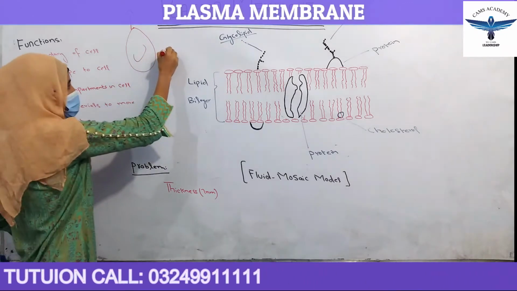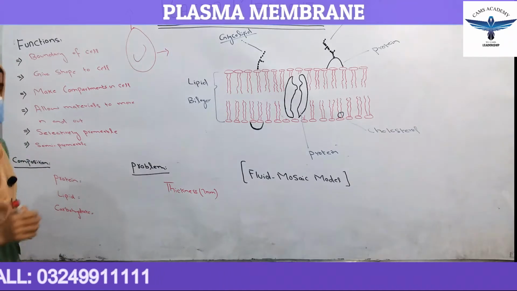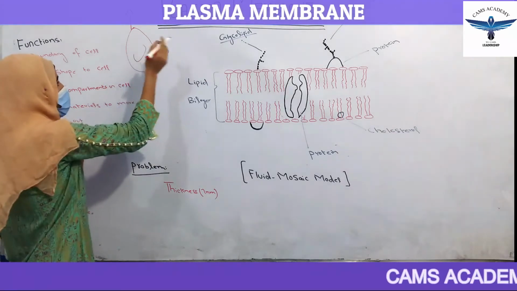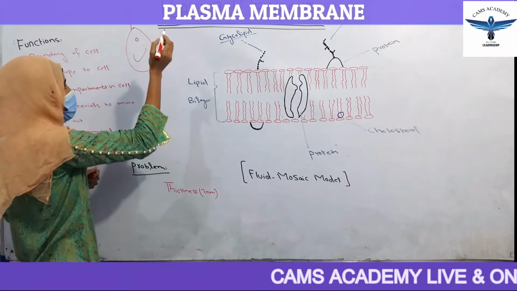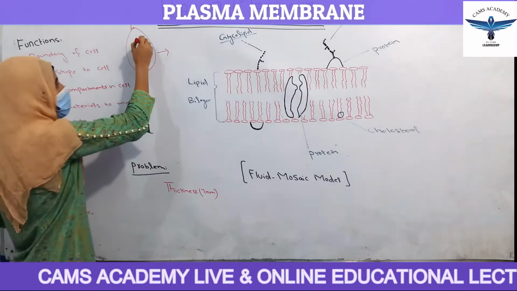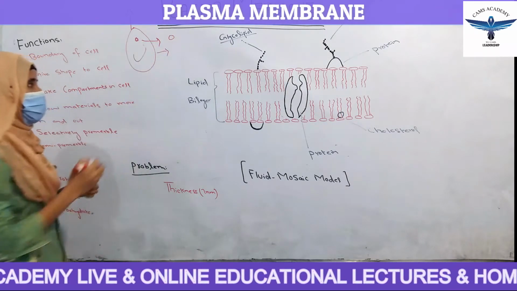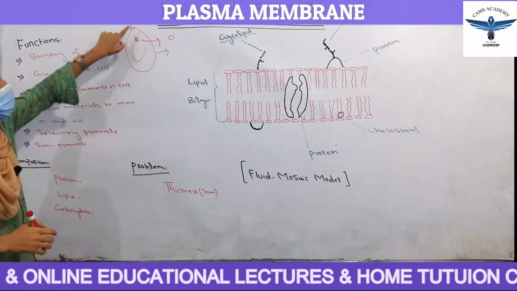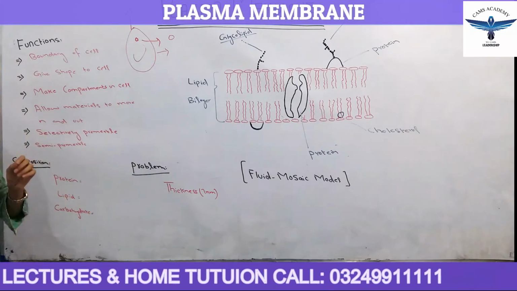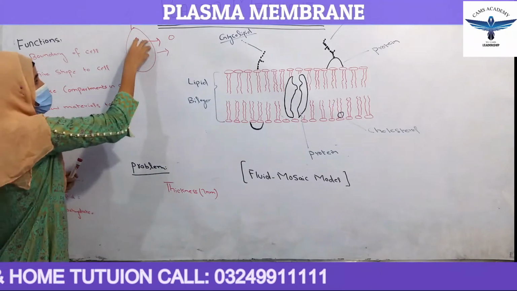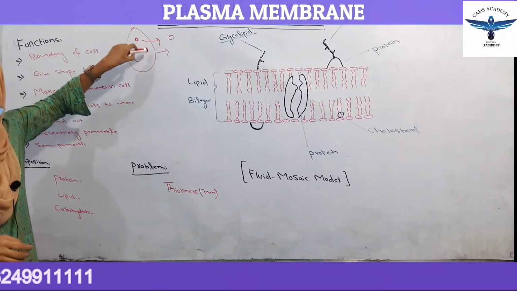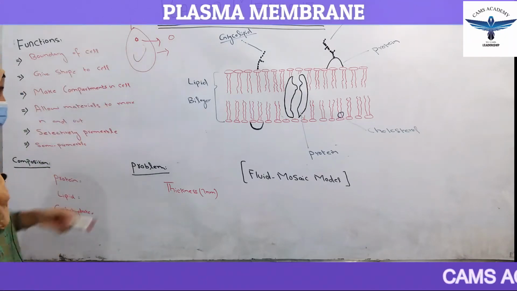If there is no boundary, then all the components of a cell, like cytoplasm and nucleus, are not settled. If someone wants to sit here, or arrange themselves here, they can. But because of this boundary, they all settle. This is basically a limitation of all the components. So all these components are settled inside this cell. That's why we say it gives shape to a cell, the cell membrane or plasma membrane.